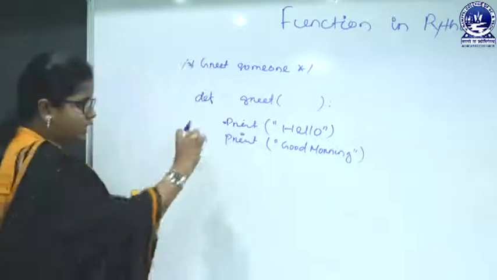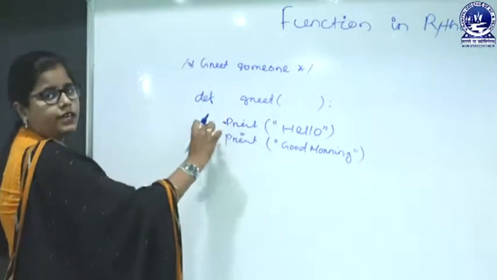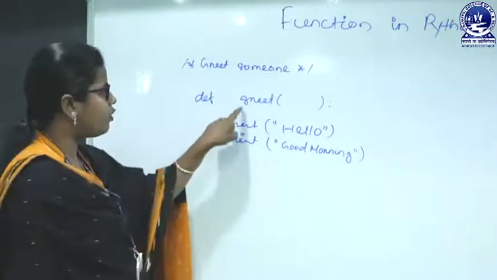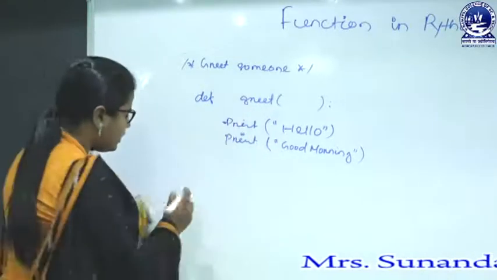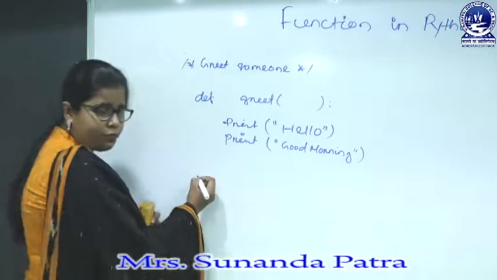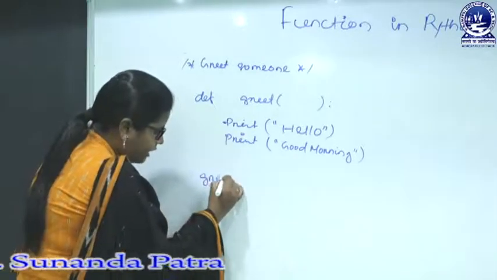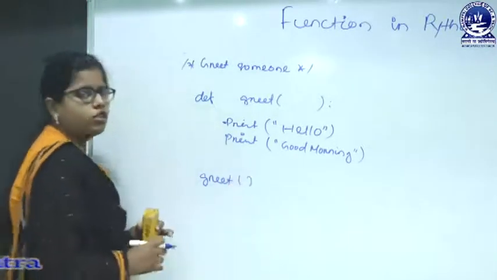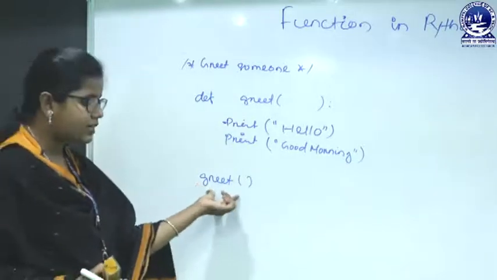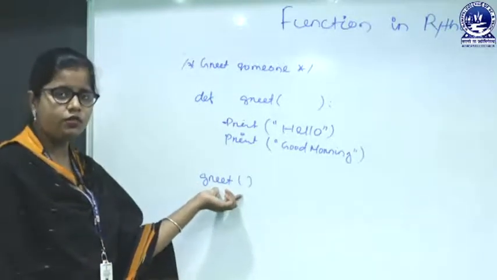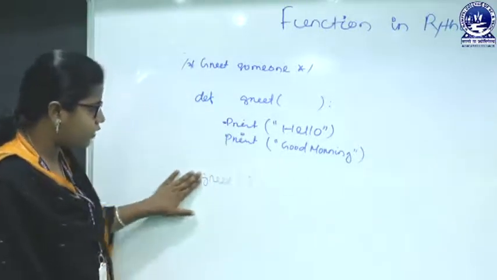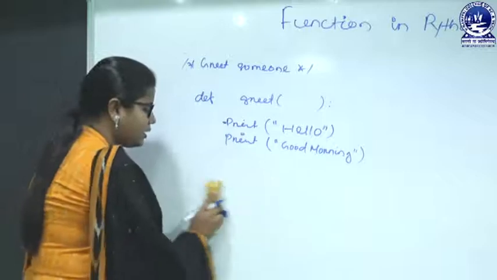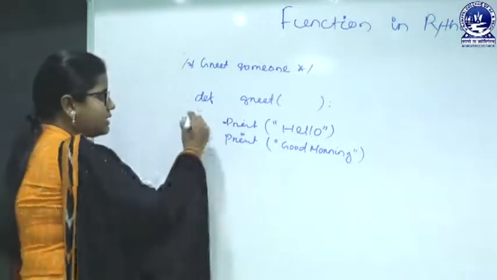Okay. So, these 2 lines will be treated as the block for the function that is named greet. Now, here I can write my actual program and I can call the greet function here. When I call this greet function here, the execution will jump from here to here. If I do not write the greet function call here, suppose I am writing nothing here, that means this is the